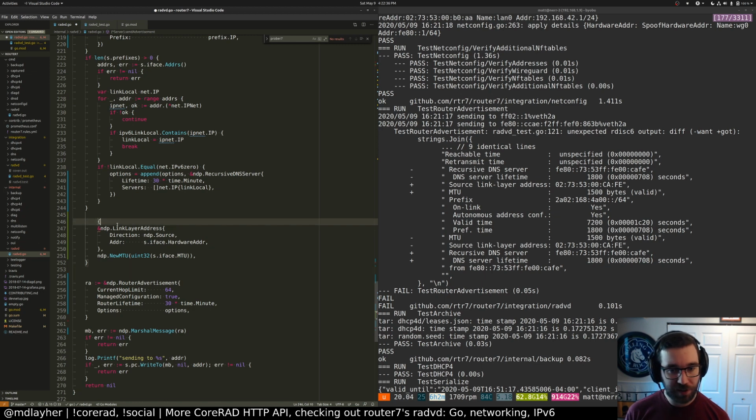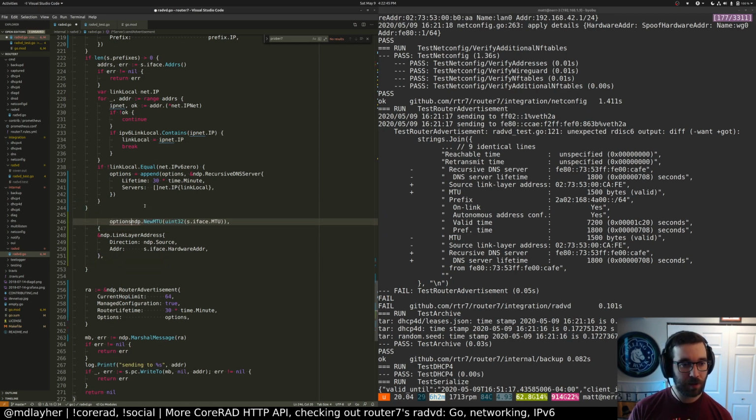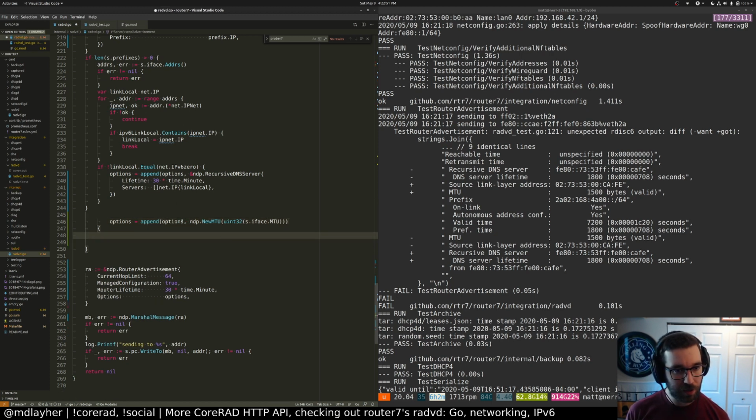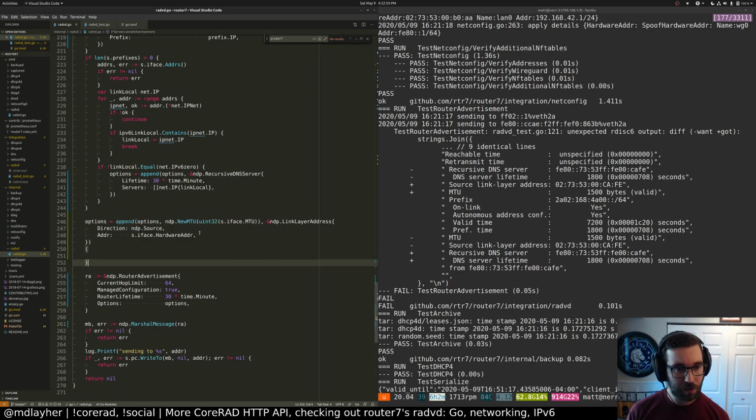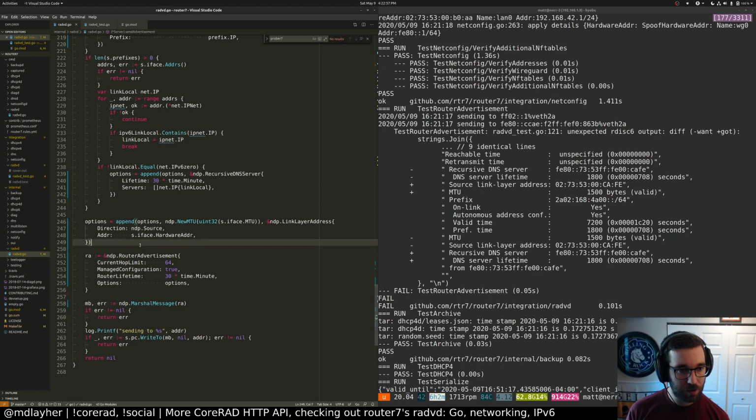So we can put these, I think, last, right? So what it wants is the MTU and then the source link. Equals append options with. Can I append two things at once here? Right, append is variadic, isn't it? It's a little gross maybe, but